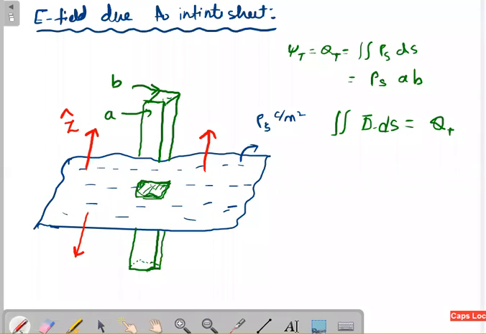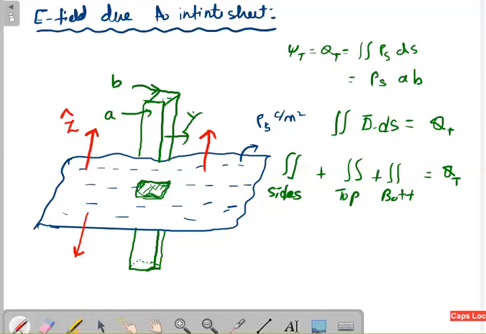As an integral, you are having a double integral over, say, the side surfaces. Definitely 4 side surfaces will be there, and a double integral, one at the top and another at the bottom. There are 6 surfaces. From your understanding, it is very clear that the flux is going either up or down. Then what is the amount of flux that will be coming out of the sides? That is 0. There will not be any flux at all in this way. The flux that is coming out of the side surfaces is 0.